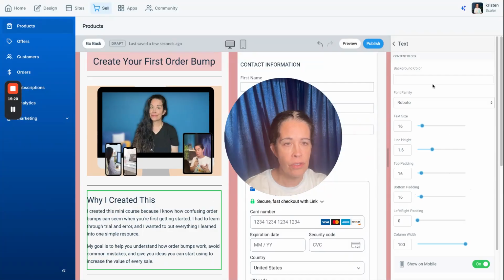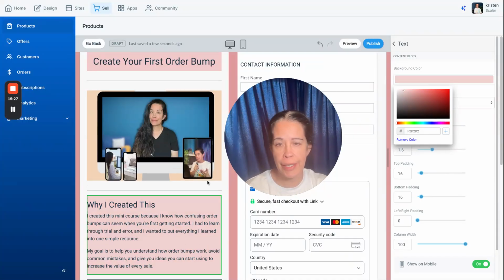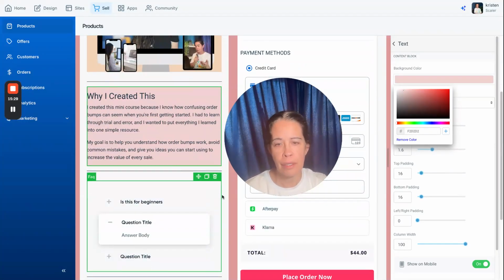You're going to get this, and you're going to do the background color for that. And there again, you just do it lighter. You could change the hex code. And then